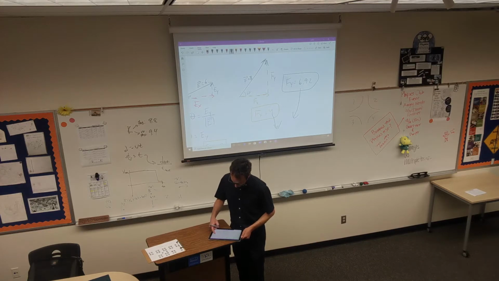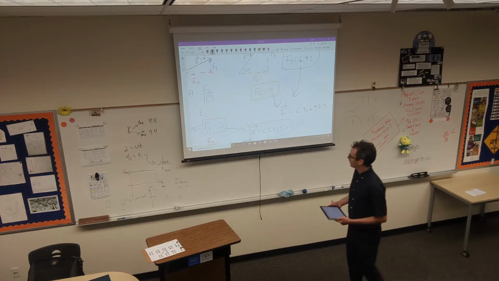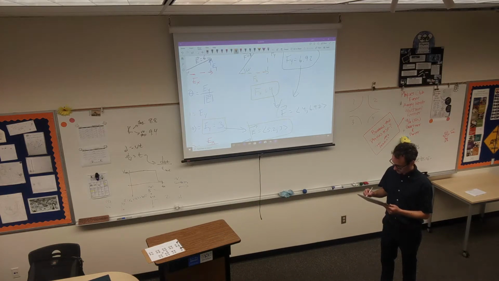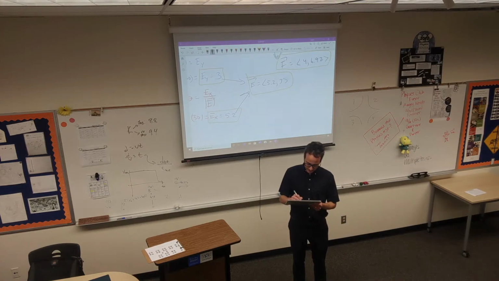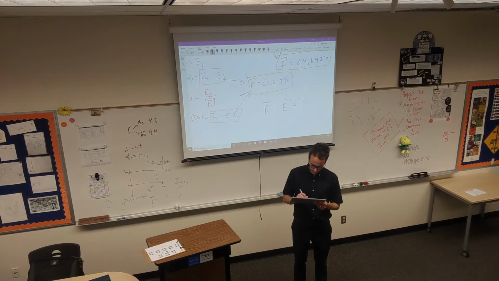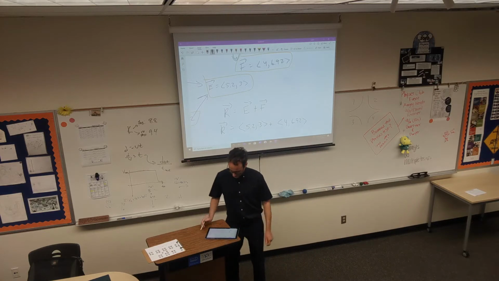And then we can express that in bracket notation as well. Vector F is 4, comma 6.92. And now, to get our R vector, our resultant vector, we're adding up vector E plus vector F. So that's basically going to be 5.2, comma 3 plus 4, comma 6.92. And so,